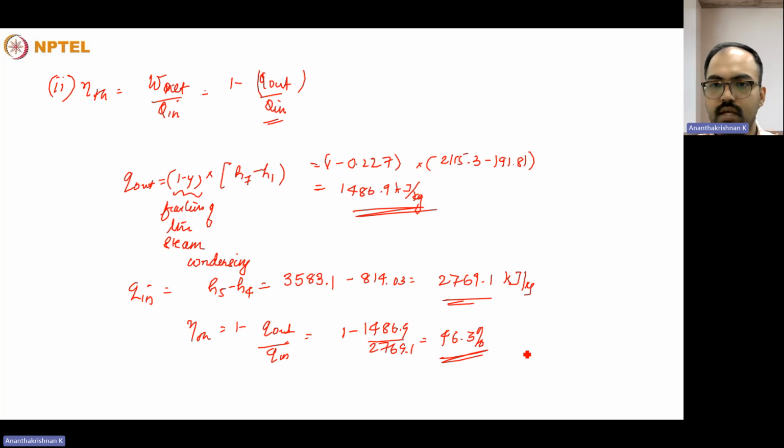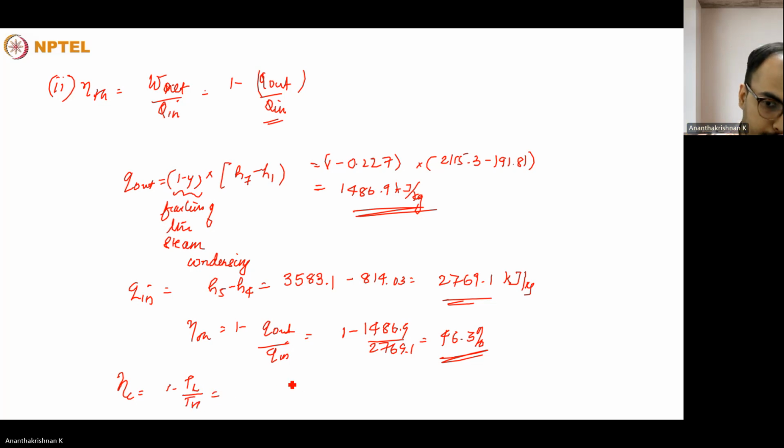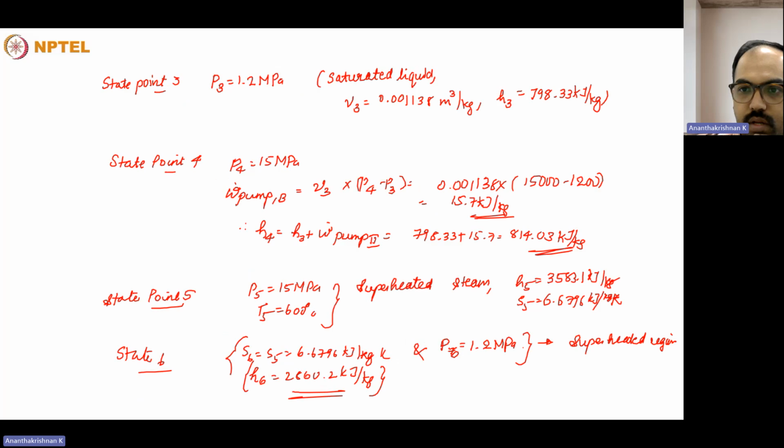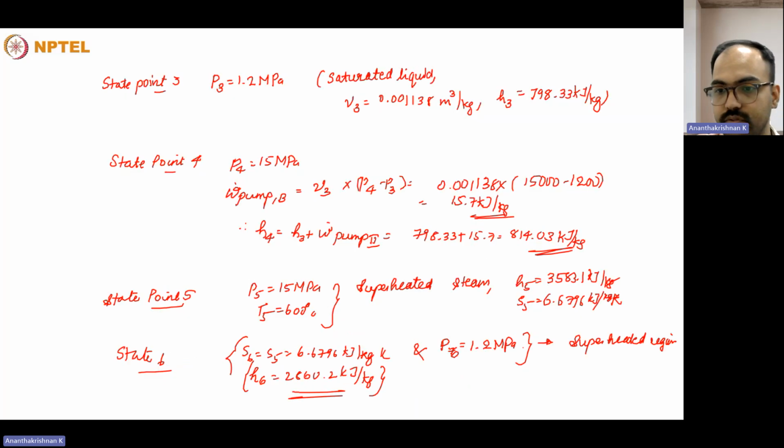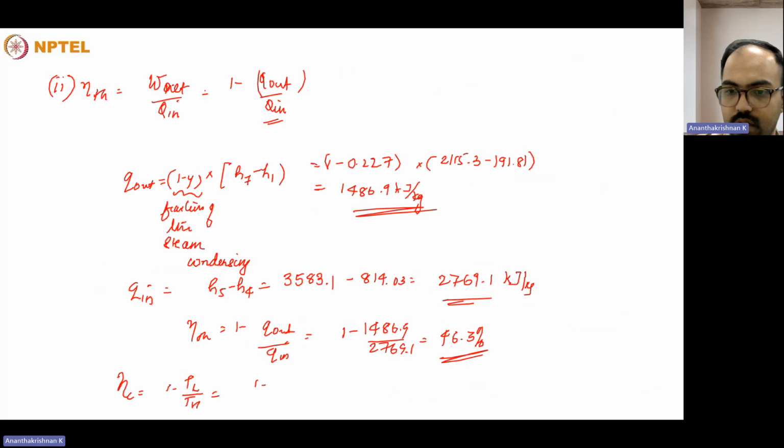It's 46.3. So if you try to compare it with a Rankine cycle that operates within the same Carnot cycle that operates within the same thermodynamic limit, so efficiency of a Carnot cycle will be equal to 1 minus of T low by T high. So T low will be low temperature. The high temperature will be 600 degrees Celsius, and the lowest point will be the saturation temperature corresponding to 10 kilopascal. So that will be 1 minus of